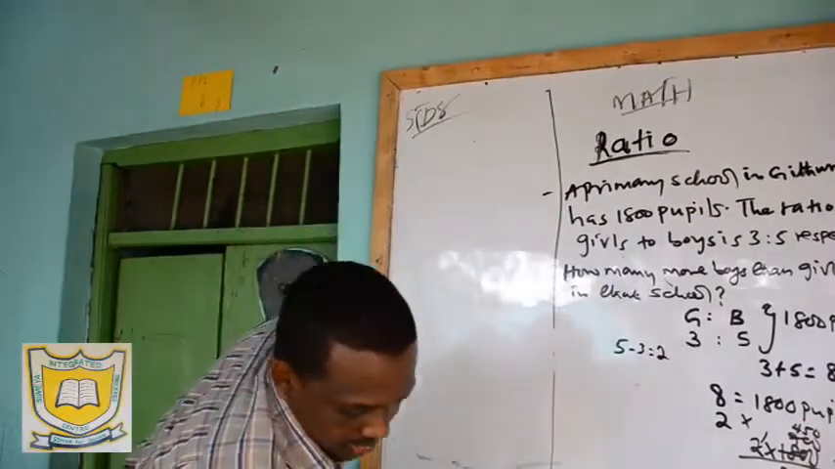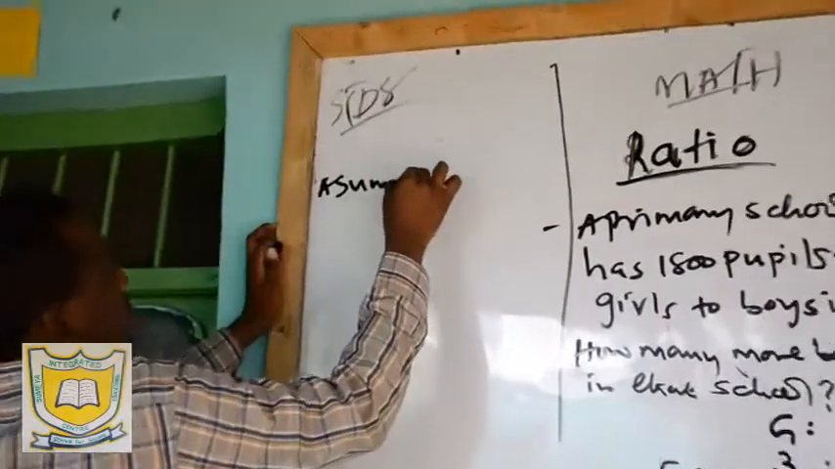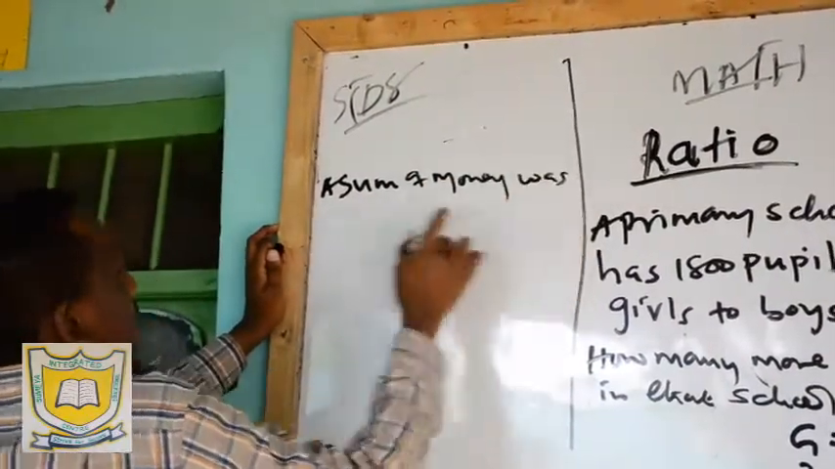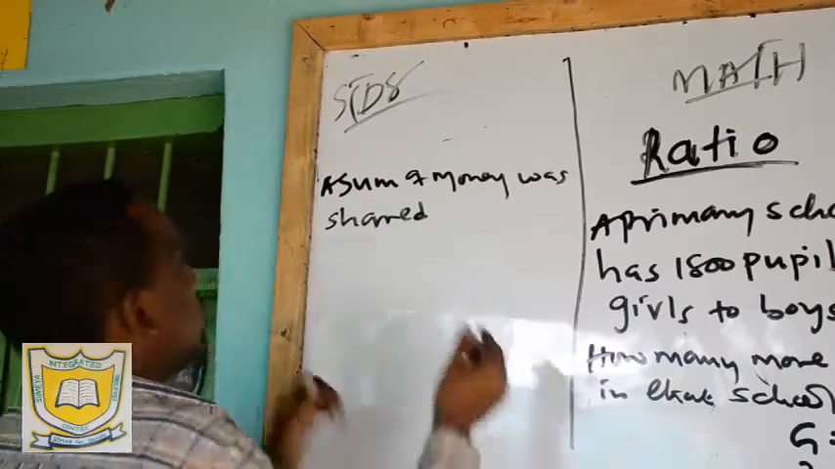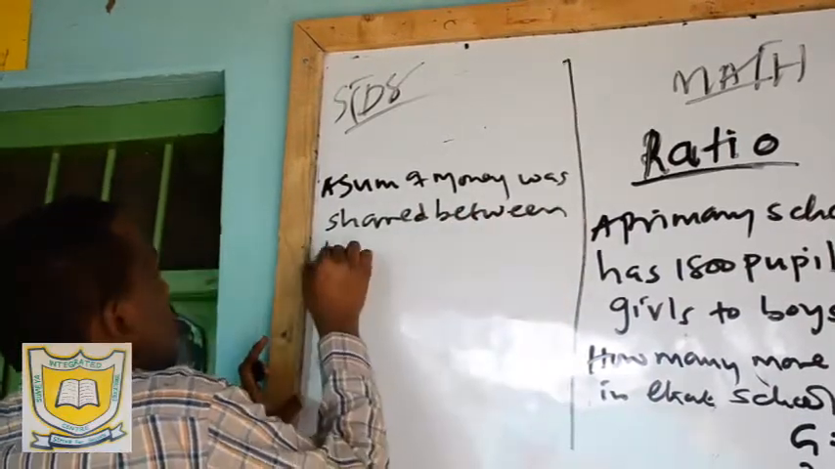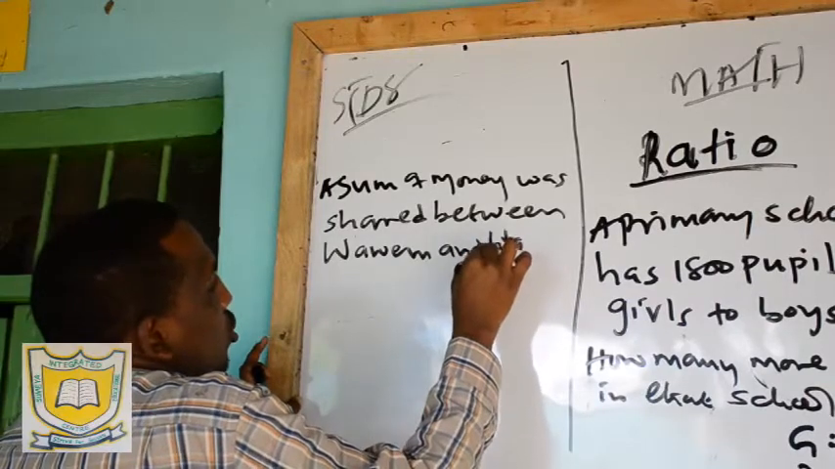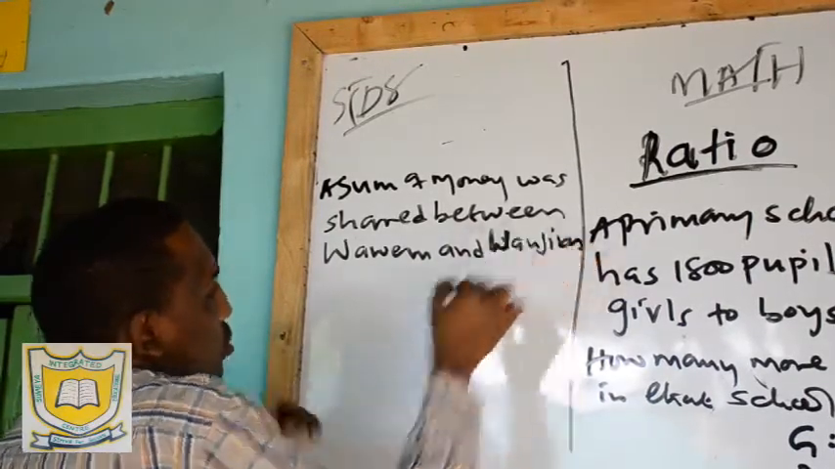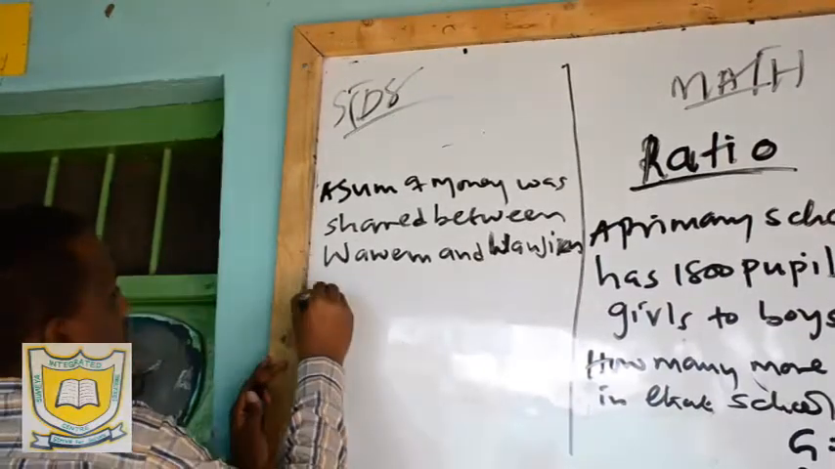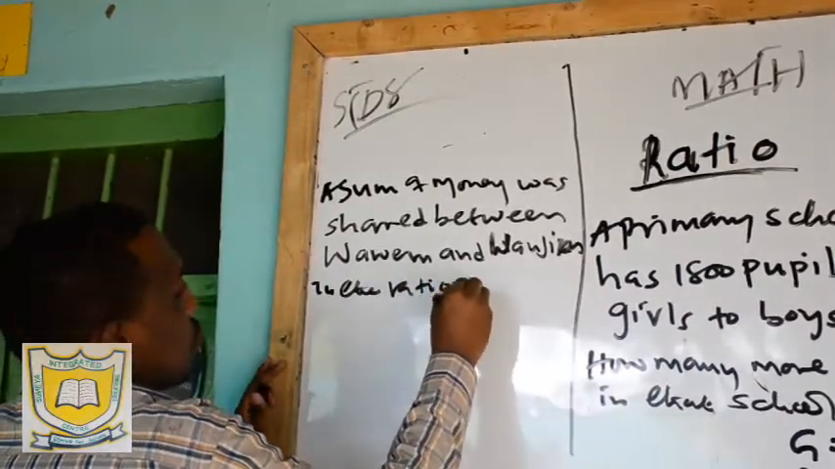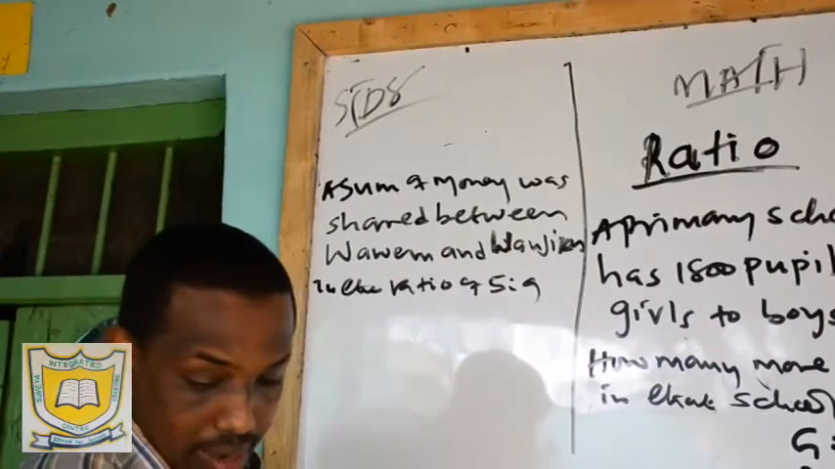A sum of money was shared between Waweru and Wanjiku in the ratio of 5 to 9. Then you are asked, if Wanjiku got shillings 200 more than Waweru,